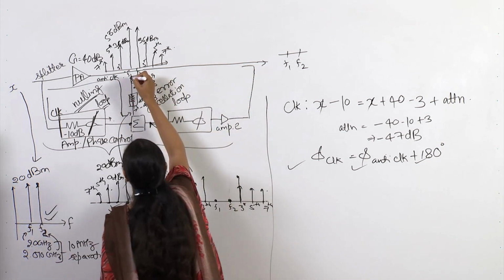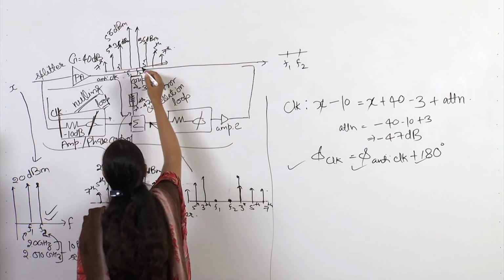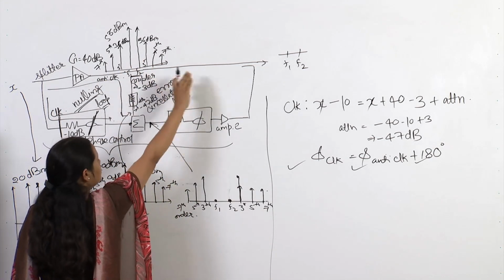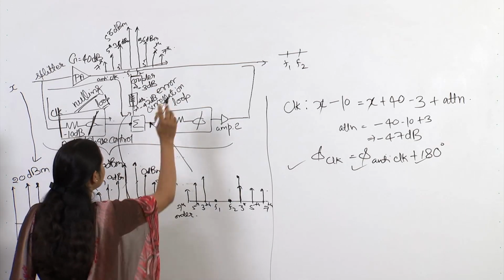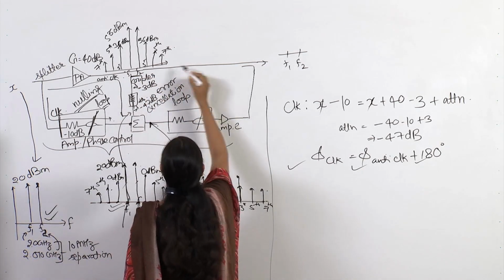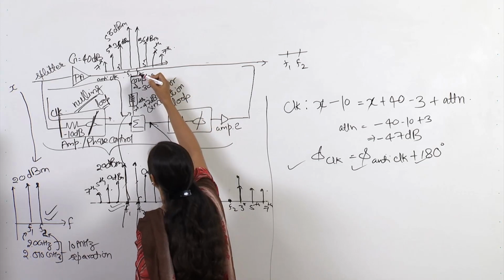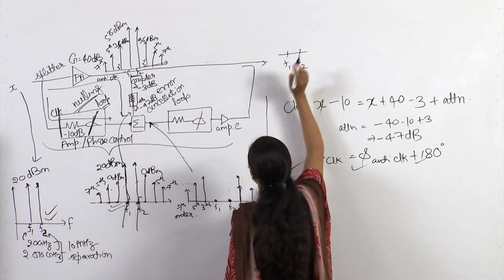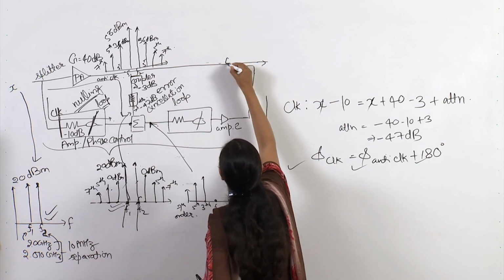this path, the coupler, it is giving one portion of this signal into this path and the other, main portion into that path. So, in that path we are still having all these components with a little bit lower power. Let us say 3 dB has been lost here. Now, we are getting the components here at this point,